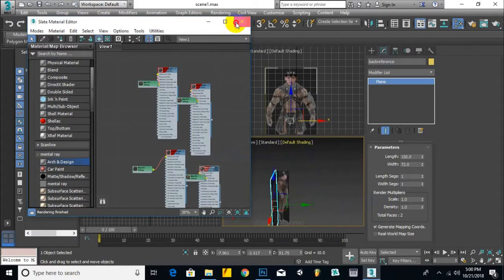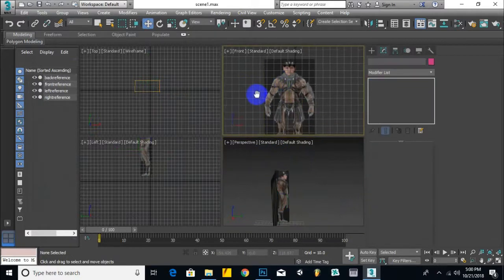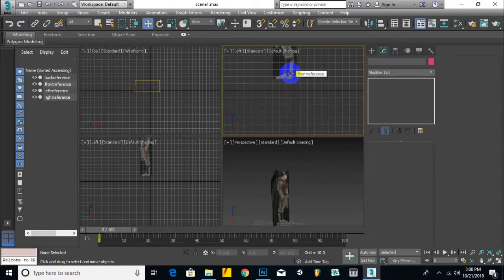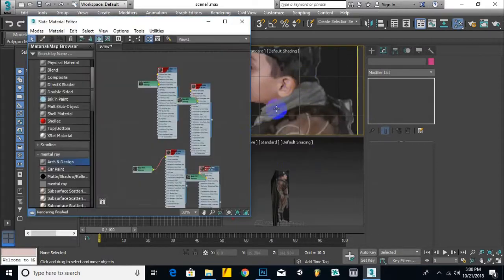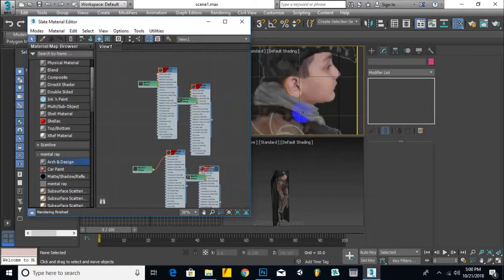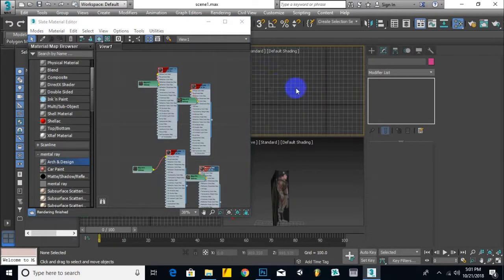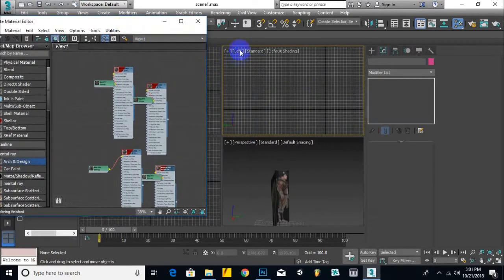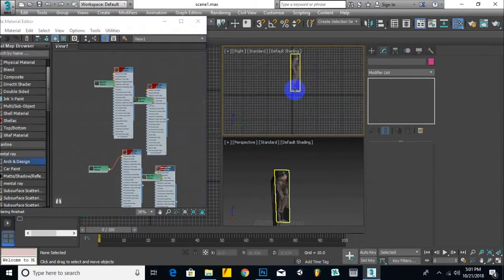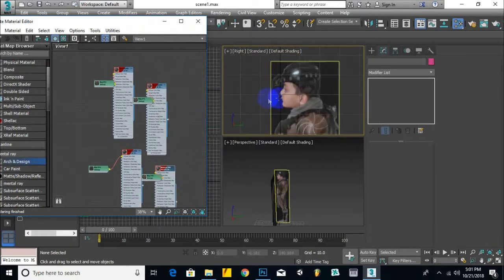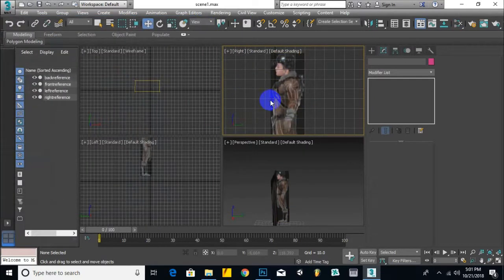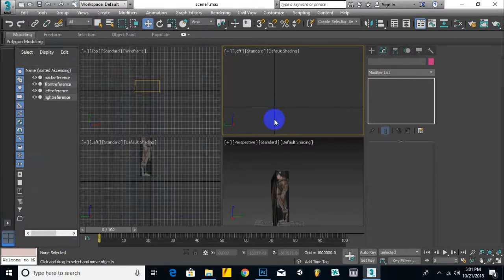So here we go. Now if we press F here is the front view, if we press L for left it's showing the right view, so we have placed the left and right images wrongly. So we will go to these materials again, and we will replace this image, and then we will do the same with the right image as well, although it's not too much needed. Anyhow, we are making this. Okay, now if we press L, left view,